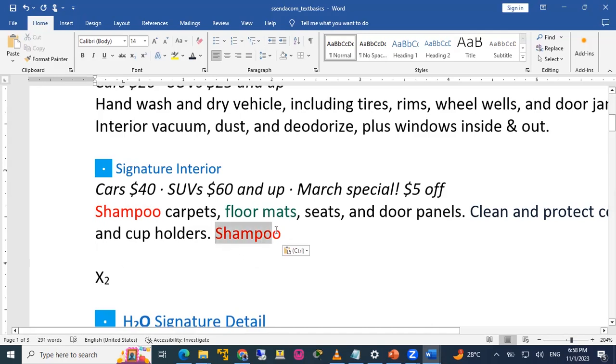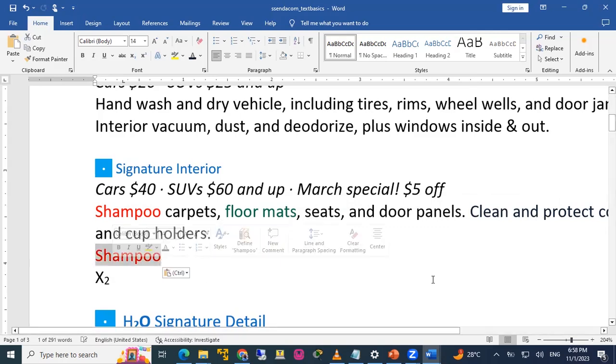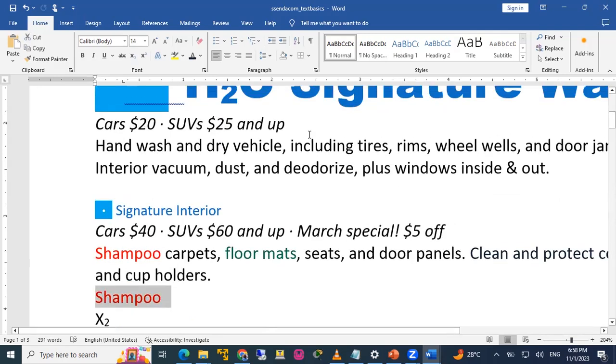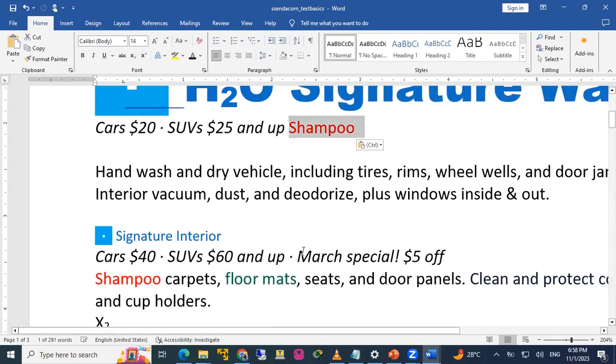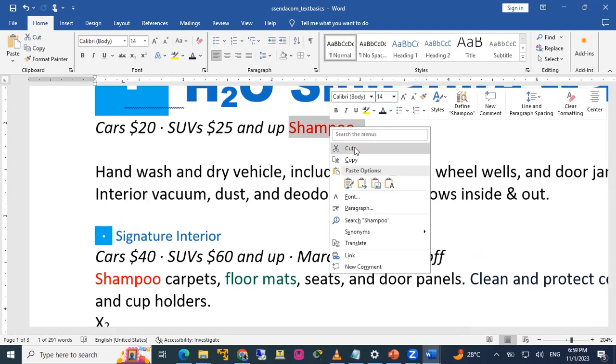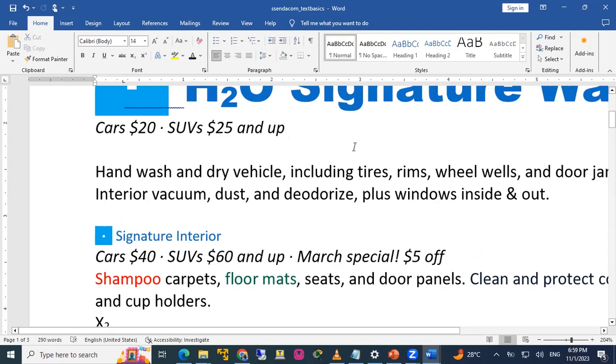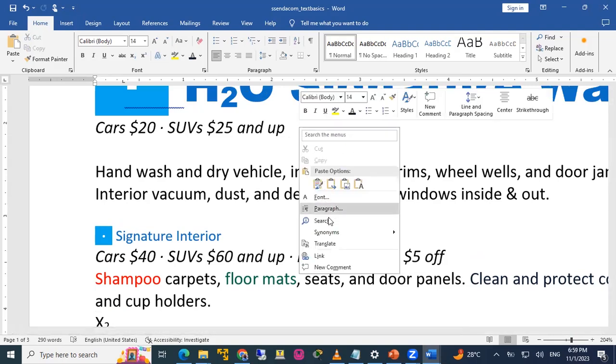You can actually select this and then click and hold and drag to a different location. It's the same as moving it. So if I want to move this shampoo to the top here, to this side, I will click. After selecting it, I'll click, hold, and drag to this place. So that's the moving. If you use Control and the X on the keyboard, that is what you cut. So I can actually do right click as well, and you can see cut over there. So I can cut here, and then still right click and paste.